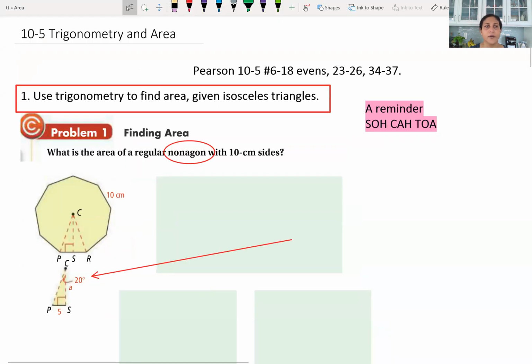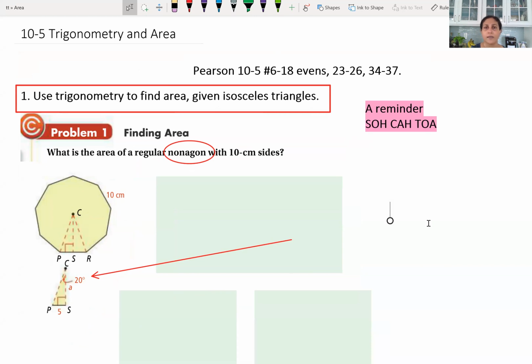Hi guys, today we're going to use trigonometry to find area. This is a slightly more difficult lesson. Make sure you are paying attention. Just a reminder that you have to use SOHCAHTOA to do your trigonometry. And so for the first example, we're going to use